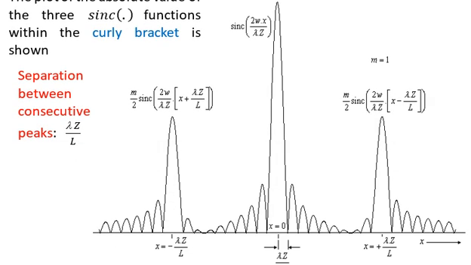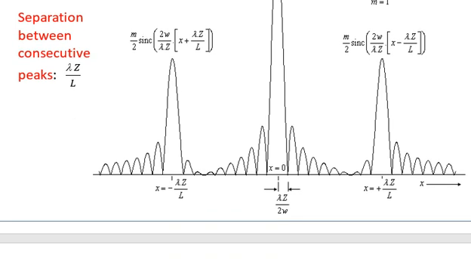So look at these plots. The central one is the sinc of 2wx over lambda z, and the other two sincs are on the side. One contains m by 2 into sinc of 2w over lambda z, with x minus lambda z over capital L within the square bracket, and on the left hand side we have m over 2 multiplied by the sinc of 2w over lambda z, with x plus lambda z over L within the square bracket. These are the sinc functions, and we have used the value of m in order to plot this. Now you can look at the width of the central peak. The half width is given by lambda z over 2w, and the other two peaks of the sinc functions are located